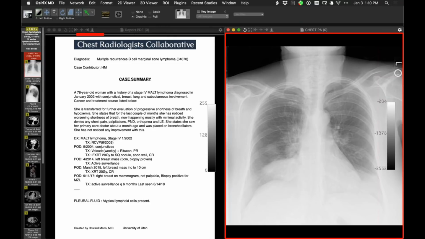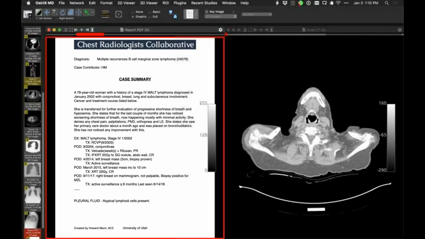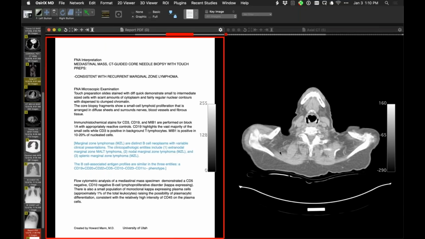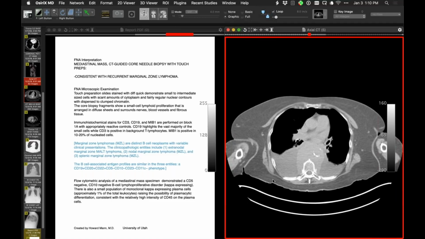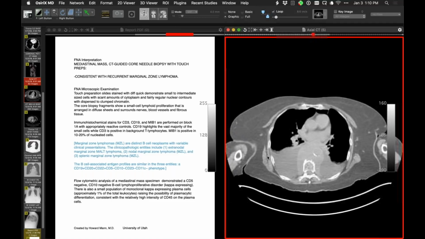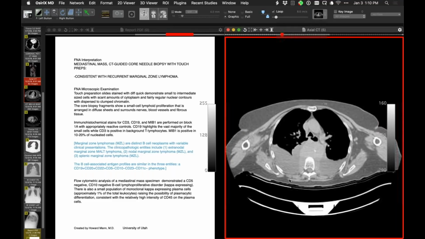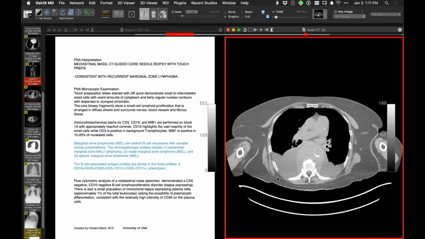And the pattern of recurrence now is what you see on the CT. So atypical lymphoid cells were present, but she did have a biopsy confirming that this is recurrence of the marginal zone lymphoma up there. So really interesting pattern of tumor recurrence, an interesting location for tumor, but very consistent with